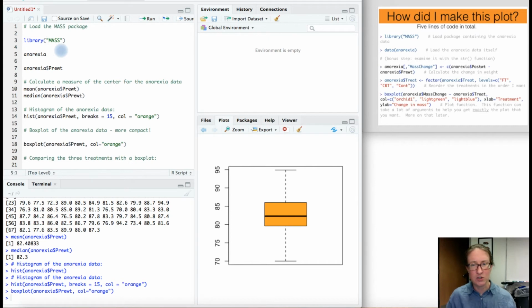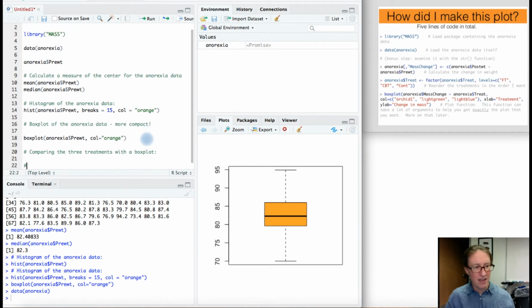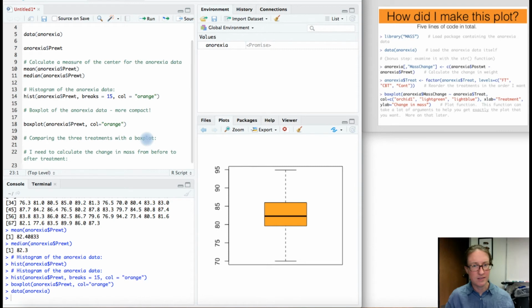We can actually directly load the anorexia data using this data function. So now you'll notice that appears in my environment here. And the next thing I want to do is calculate the change in mass from before to after treatment. So this next line here,